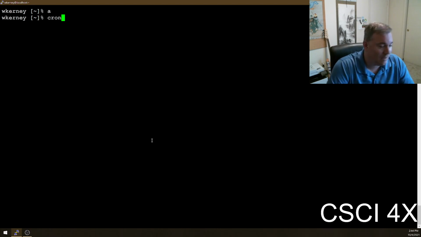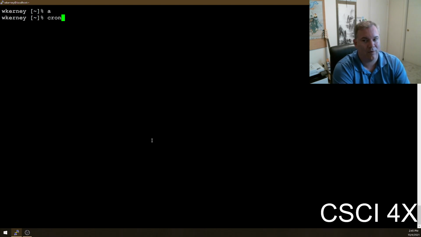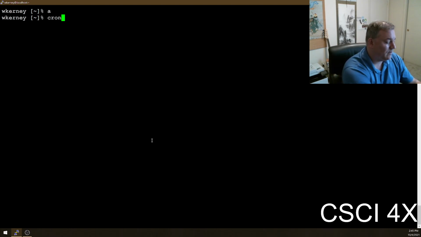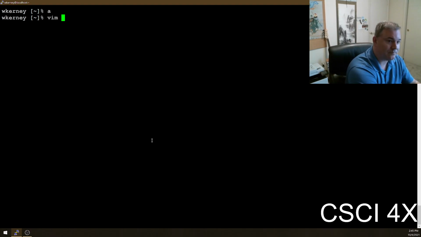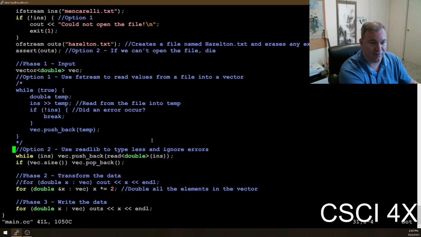How do you write something like the read library? That's a big topic, and not one we have room for today. But ask me in the future. We'll talk about header files at some point. Okay, so the program opens, transforms, writes, and prints nothing to the screen. Pretty normal. So that was our first learning point for today.